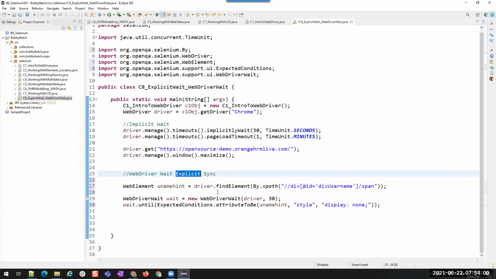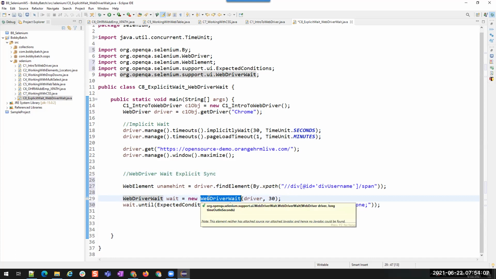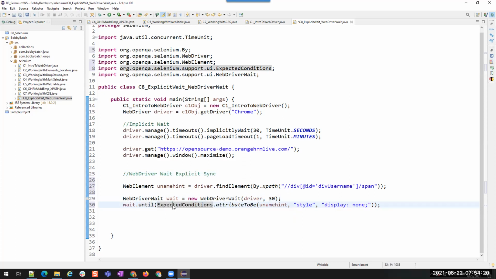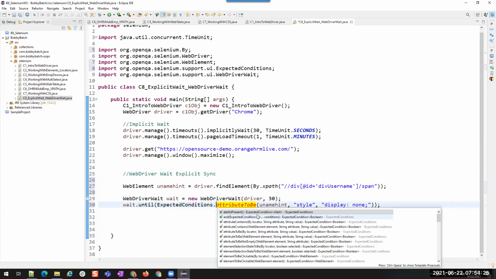Okay, so that is the reason I created this, where I'm getting the instance of WebDriverWait so that I can use the methods inside this WebDriverWait class. So wait dot until, and this until is expecting a function inside it, and all those functions are already written in ExpectedConditions class. So I am using ExpectedConditions dot. This ExpectedConditions has so many methods which can be used as conditions for that particular element, right? Visibility of, visibility of, visibility of.